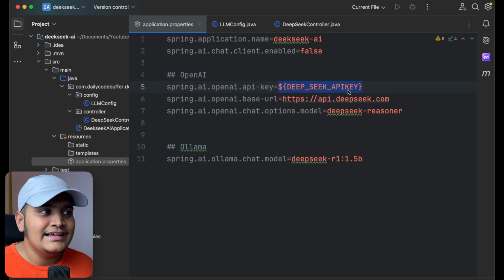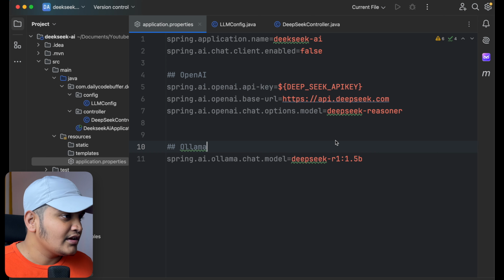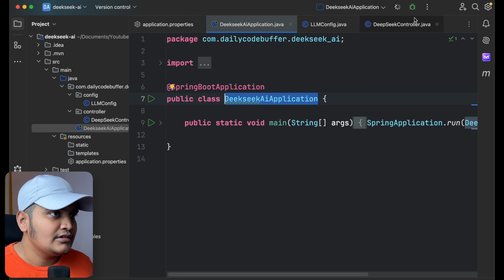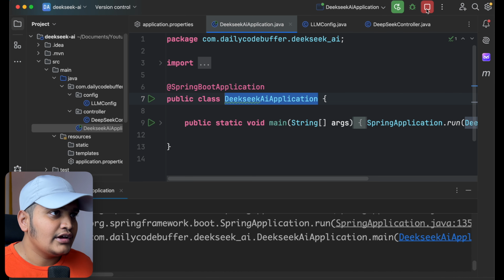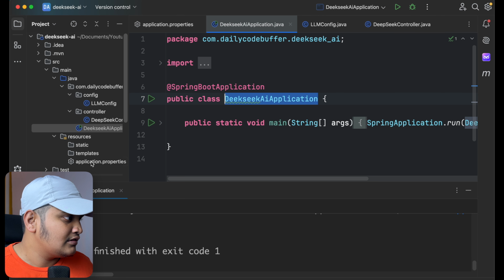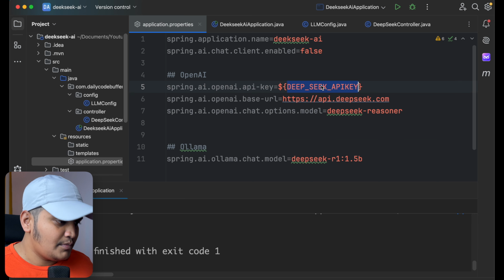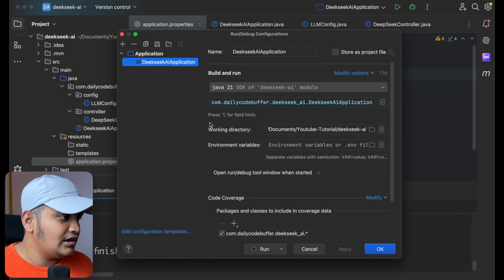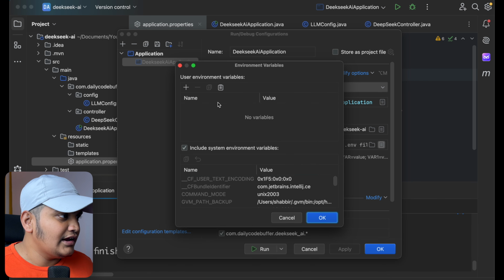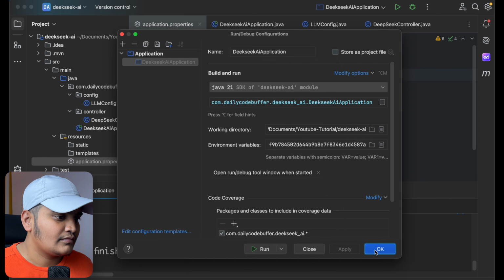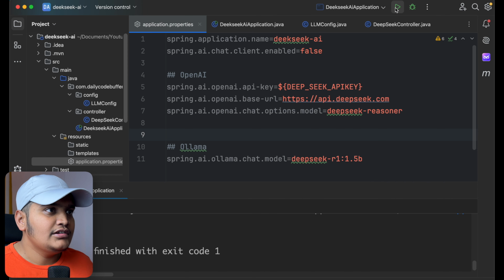What I will do is set this API key in the environment variable. So for that, let me run this application. Let me copy this key. I'll go to the configuration and add the key. I'll go here in the environment variable, I'll add the configuration, and I'll add the value as well. Now if I run my application,